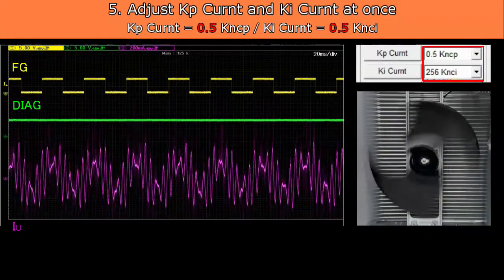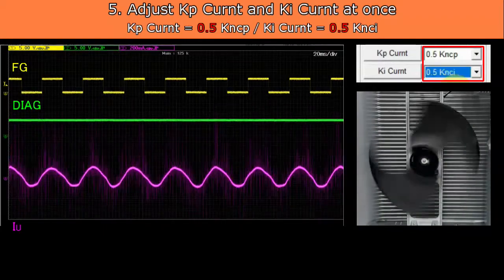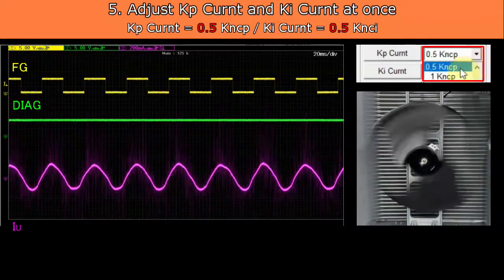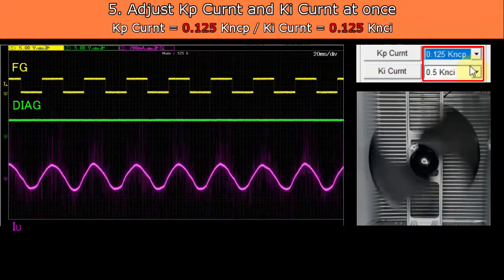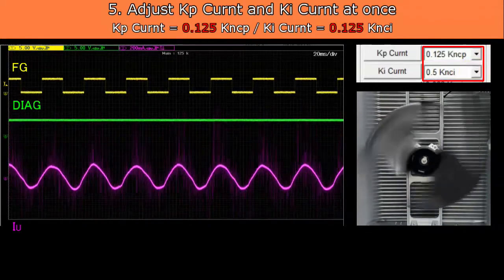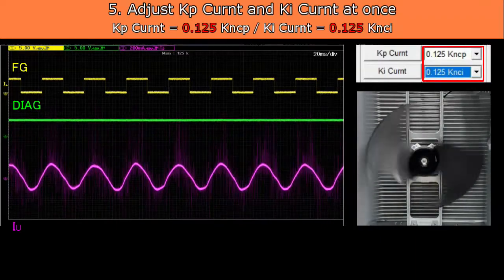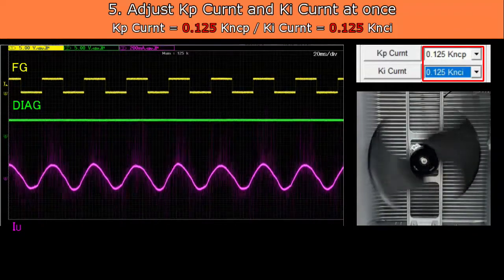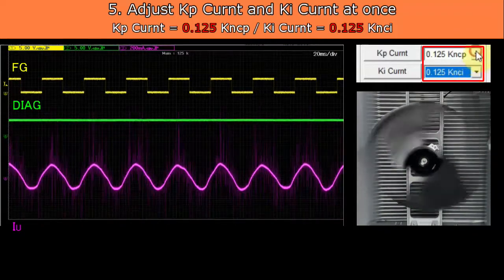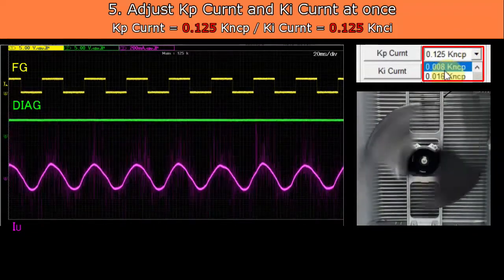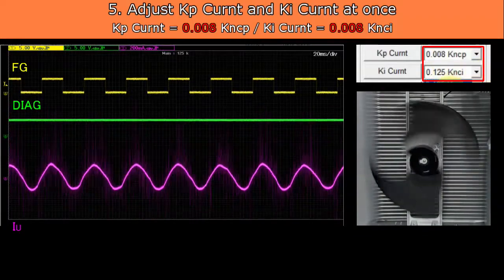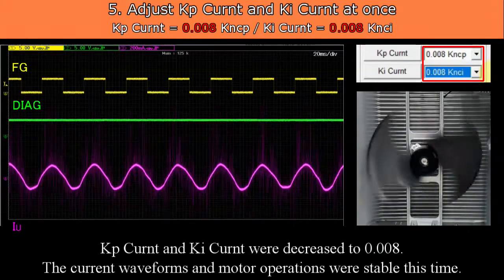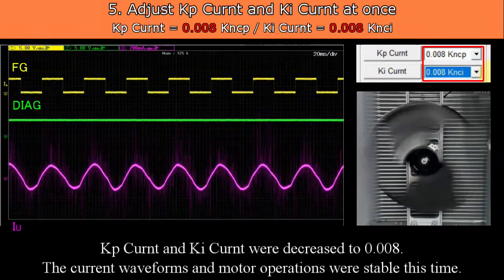0.5, 0.125, 0.008. Kp current and Ki current were decreased to 0.008.